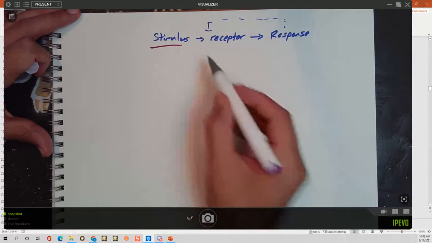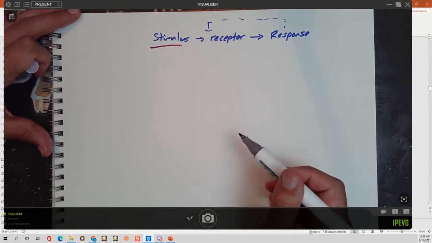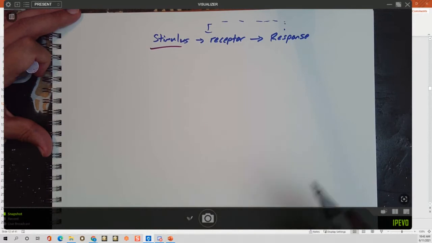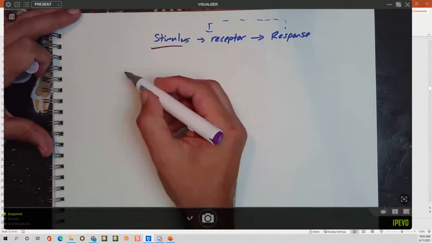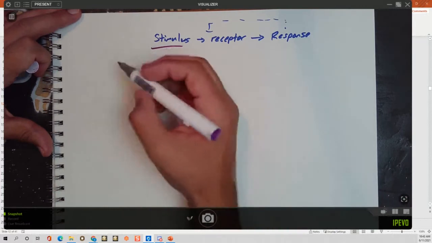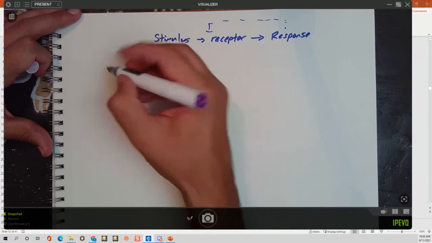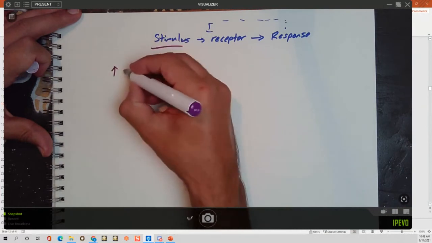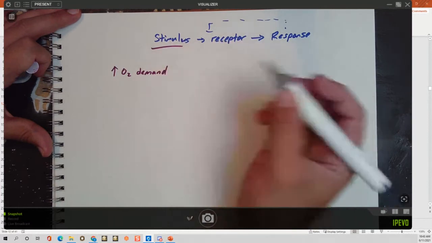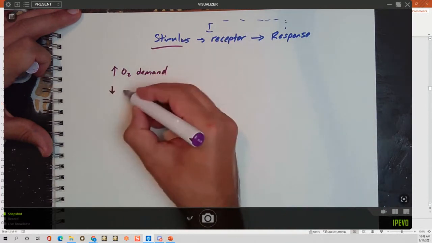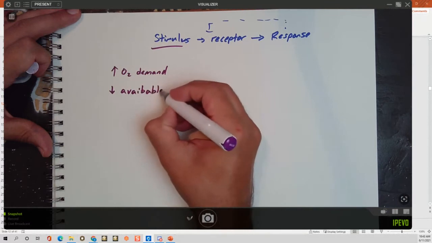So what better stimulus for the production of new red blood cells than a change in oxygen levels? If a patient starts to have an increase in oxygen demand for whatever reason, or if there's a decrease in available oxygen,